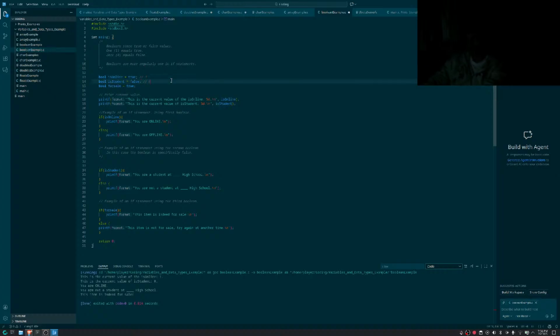Alright everybody, so in summary, variables are reusable containers for a value. A variable behaves as if it were the value it contains. Integers store whole numbers. They tend to be